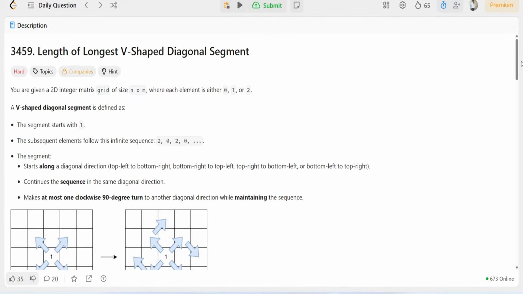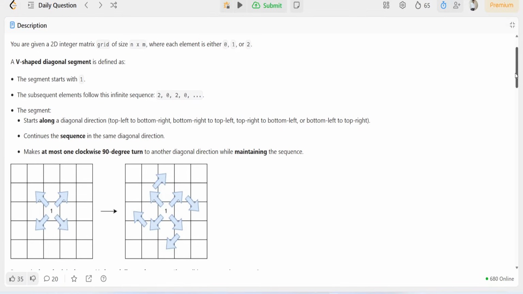We have been given a grid. Let me show you how, like this. Okay, you can see here. So this is what we have been given. We have been given a grid of numbers, you can say, and each cell has either 0, 1 or 2 as a value in it. We want to find the length of the longest